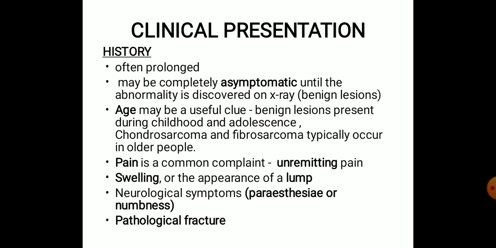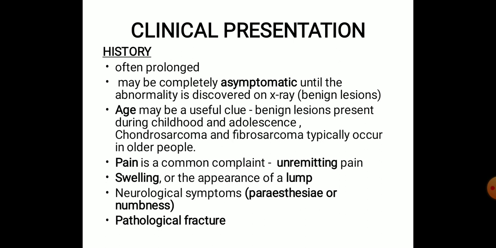When we talk about the classification, it is mainly done based on the tissues or the dominant tissues in each of these lesions. In that we have bone forming lesions, cartilage forming lesions, fibrous tissue lesions, and we have mixed type, giant cell tumors, marrow tumors, vascular tissues, and other connective tissues and other tumors. So these are the basic classification of how we can classify all these tumors.